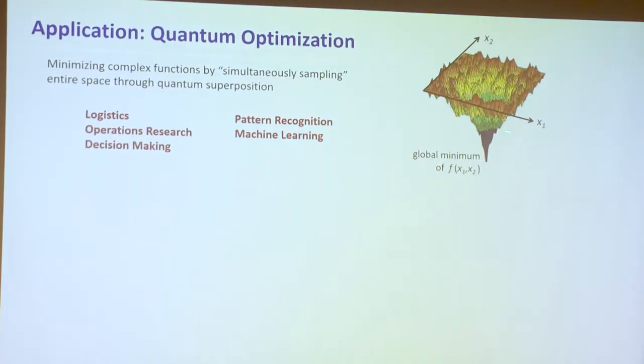Here's a function, a pretty complex and spiky function of just 2 variables. And the question is, what's the minimum? Well, just visually, it's obvious. The minimum is right here. And I can look up x1 and x2 to find that minimum. But if we have a function of lots of variables, of maybe 500 variables, to sample all the configurations in this 500-dimensional space is really hard.